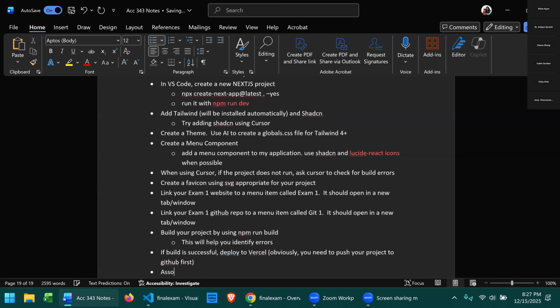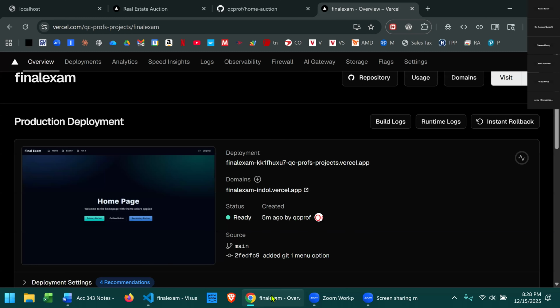associate your domain name to your final exam project. So whatever is your domain name that you got, it should be associated with your final exam project. So going in here,